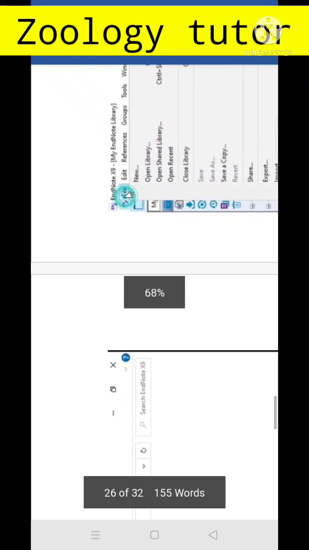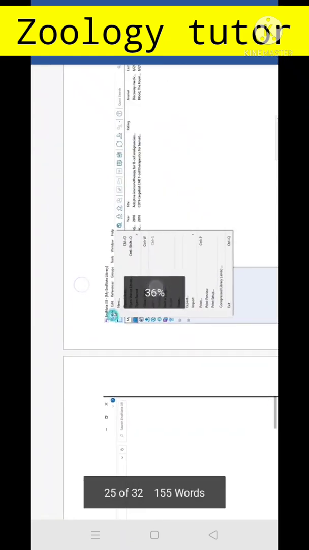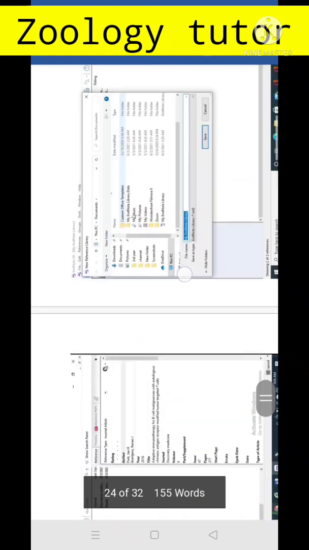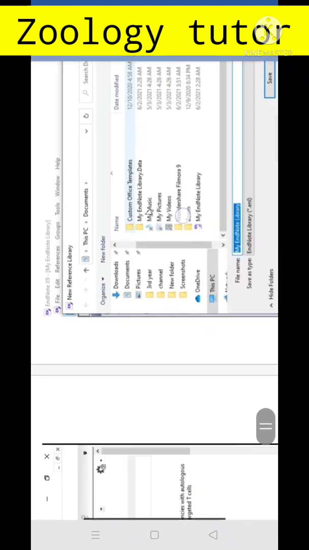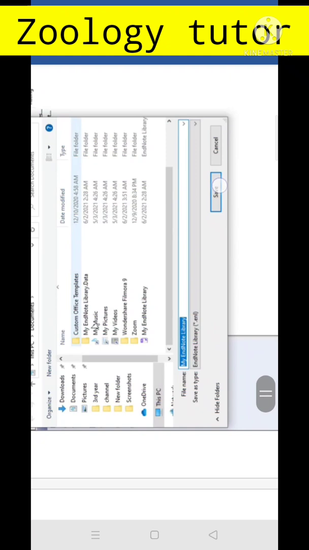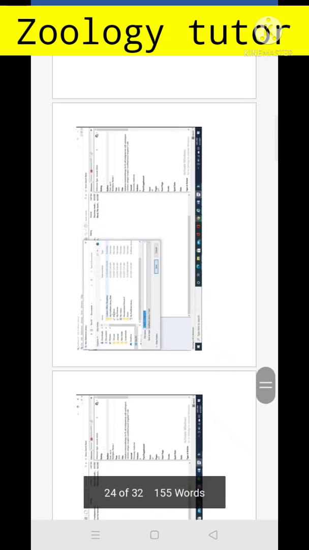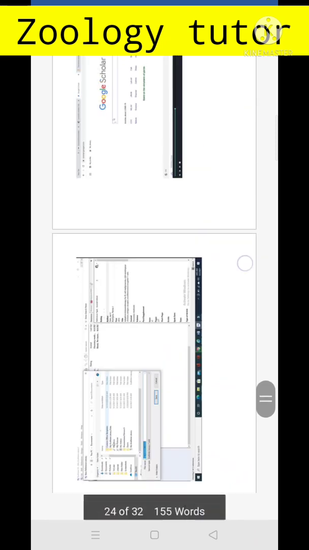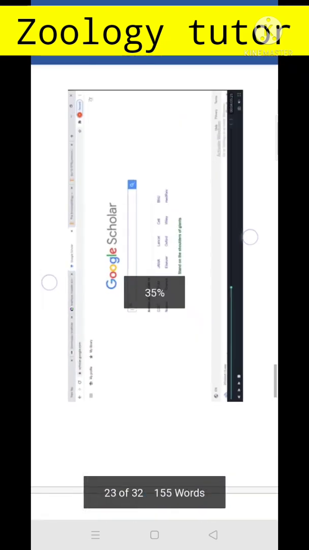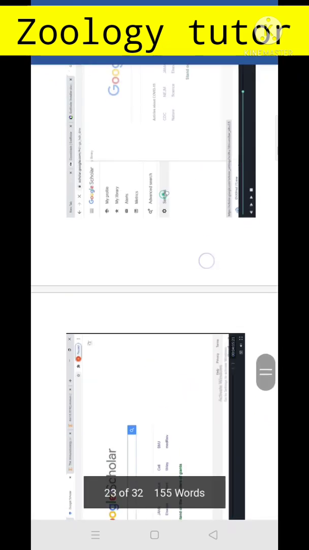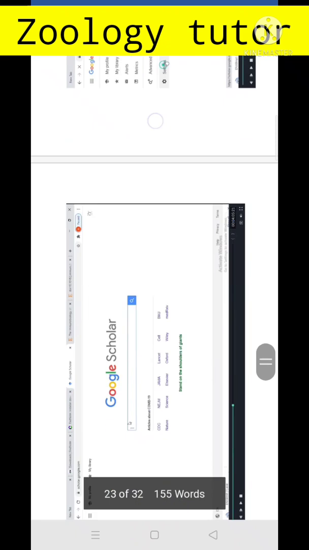Now firstly, when you open it, you won't see what I am seeing here because the library was open. You will click on the new button from the file area, and you will create a library, click on the save button, and then open that library. You can open it from the download area shown below where the download icon appears, or from the desktop. Now open Google Scholar, and you need to perform some changes here.